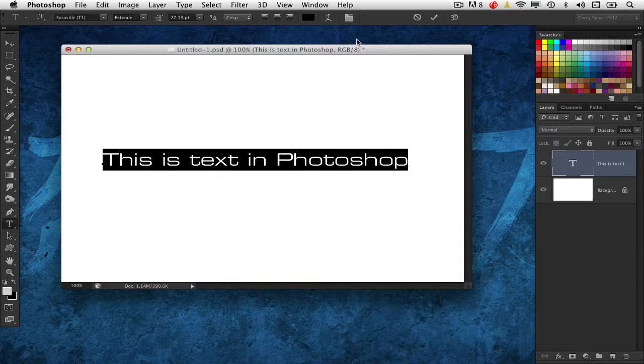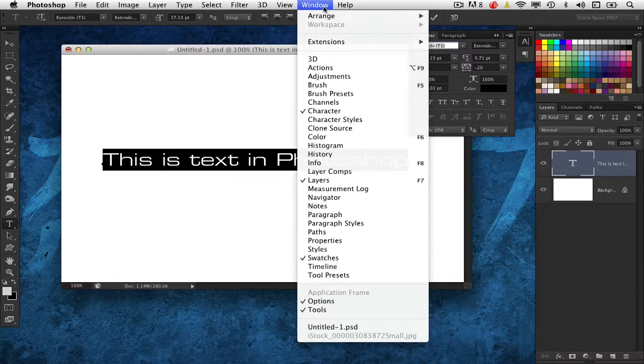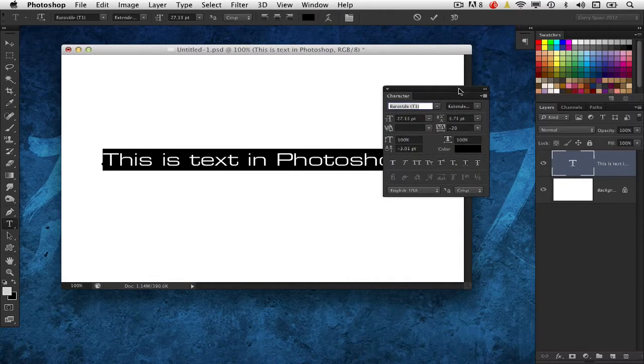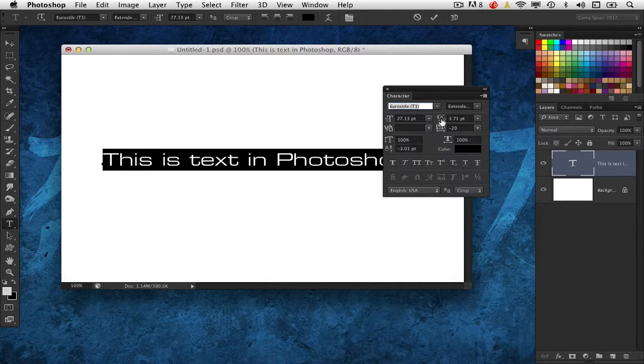So you can actually modify that several ways. I'm going to go ahead and open up the character panel, which is by clicking this icon here in the options bar. You can also access it by going into the Window menu and choosing Character right here. Now inside the Character panel is where all your text formatting features are available. You have that font list right here. You also can change the size, leading, which is the spacing between lines of copy, the kerning and the tracking,